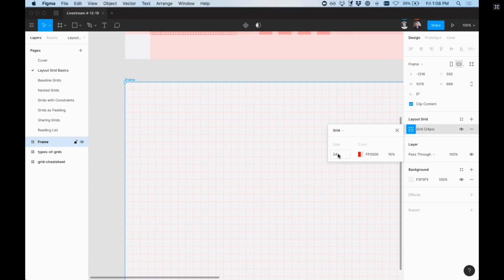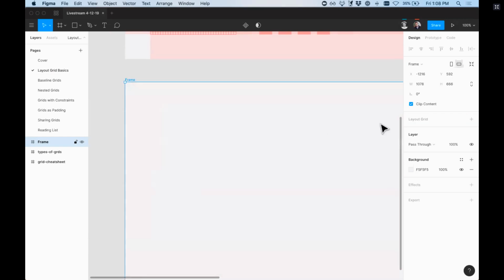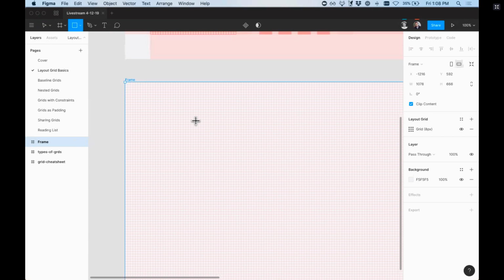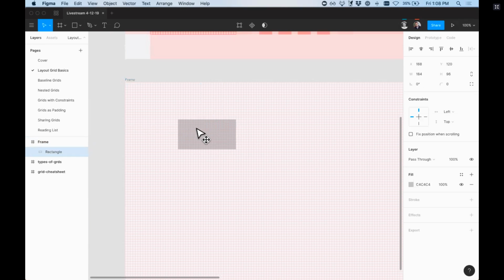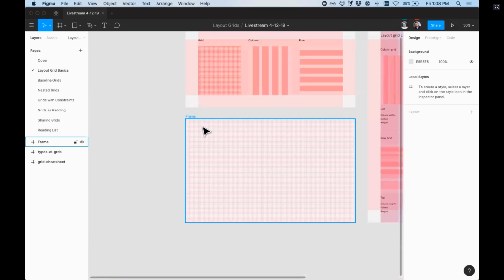Where these can be useful is, you've probably seen a lot of people using an 8-pixel grid or something like that. What's nice about this is that it makes it easier when you want to move things and snap things on 8-pixel increments for spacing and things like that. You could use a uniform grid. And then we also have